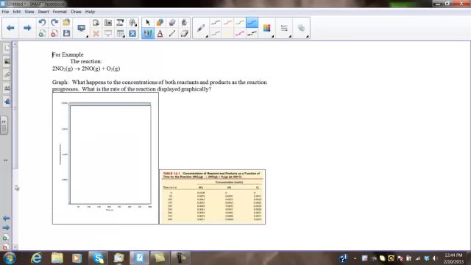So in your note packet, you're given the example of nitrogen dioxide yielding nitrogen monoxide and oxygen gas. Let's just determine what happens first in this reaction in words before we try to graph it to see what's really going on. So when we look at this, we can see that the rate of consumption